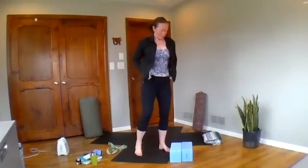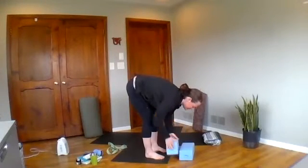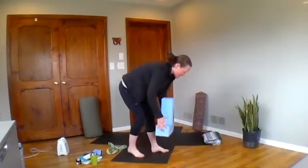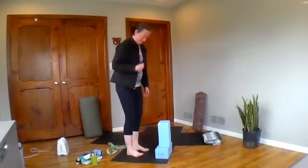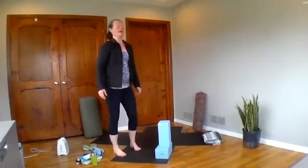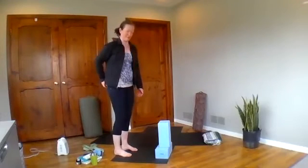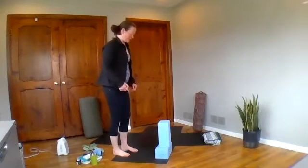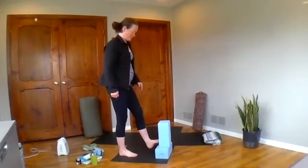So now stack your blocks. I'm going to turn sideways so it's easier for you to see. And as you stack your blocks, you might want to make sure that they're on your mat so they don't slip around. But we're going to do two stretches. One is going to be for the hamstrings, and the other will be for the piriformis, so that little hip flexor underneath the glutes. So first stretch, let's take the front part of our right foot up to the bottom